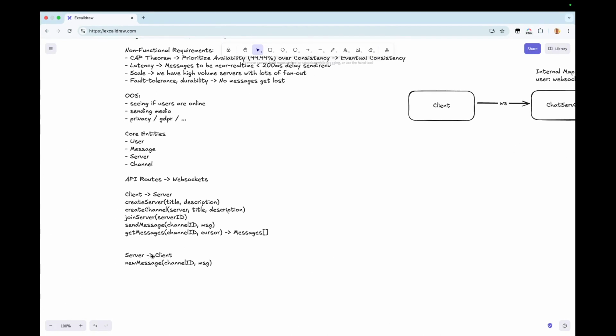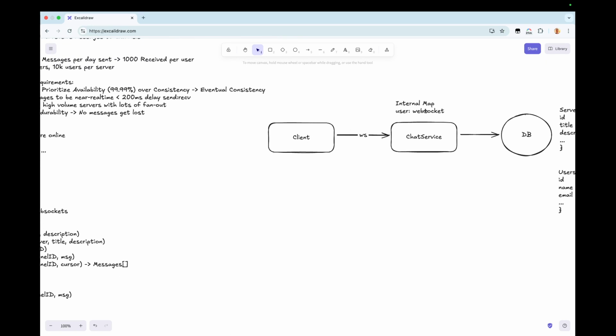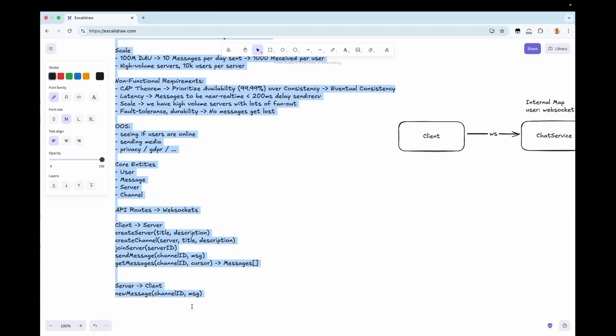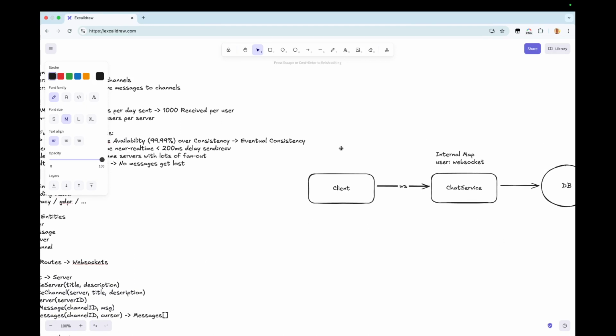And the API that will do that is we'll call new message. So we'll basically have a for loop and we'll go through all of these users. We'll look up their WebSockets connection from this map, and then we will call new message for each one of those users. So all of those users connected to the one instance of chat service will get that message.